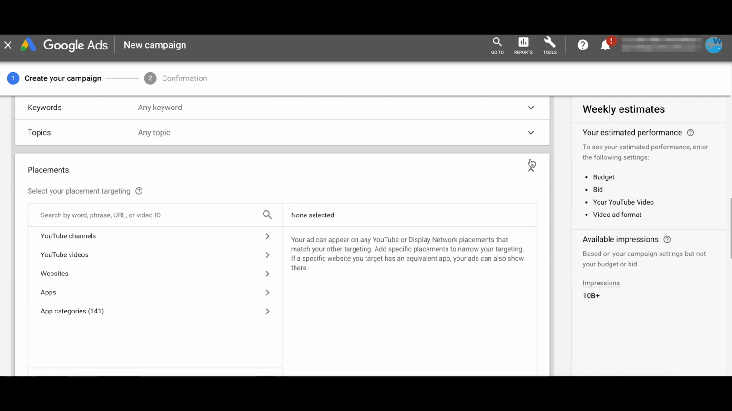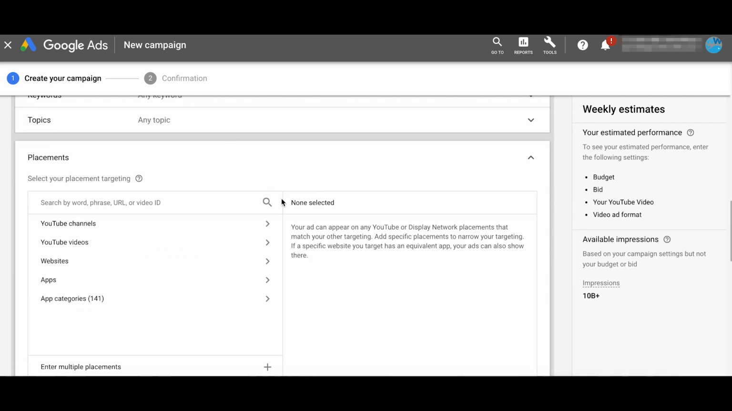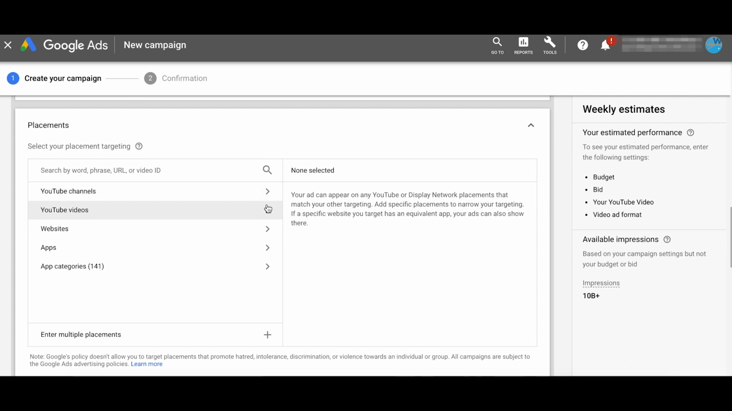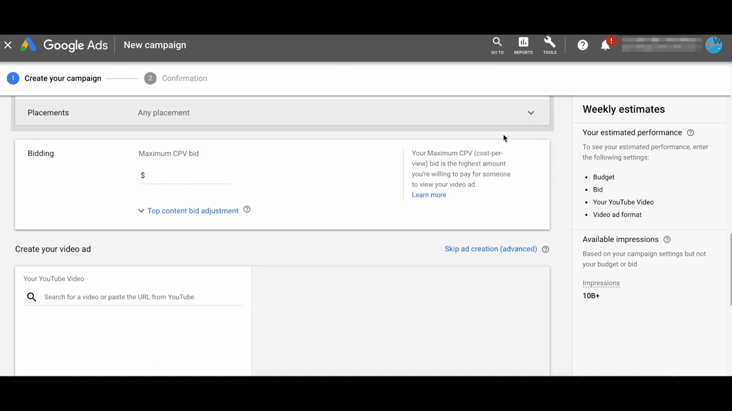And then placements, this is another type of content targeting. You can actually select specific YouTube channels or videos or even partner websites that you'd like to be showing on as an ad. So based on your target audience demographics, where else they are online, what other types of videos they might be interested in watching, it would be a great idea to try and place your ad on